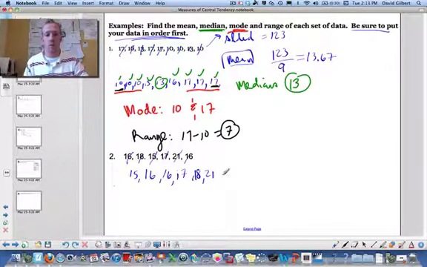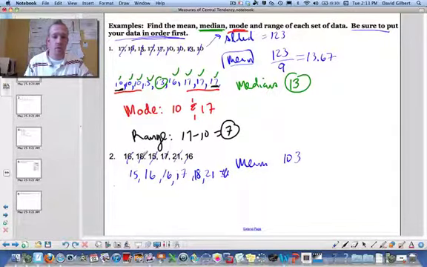Add those together, we get 103. And there's 1, 2, 3, 4, 5, 6 numbers, so divided by 6,